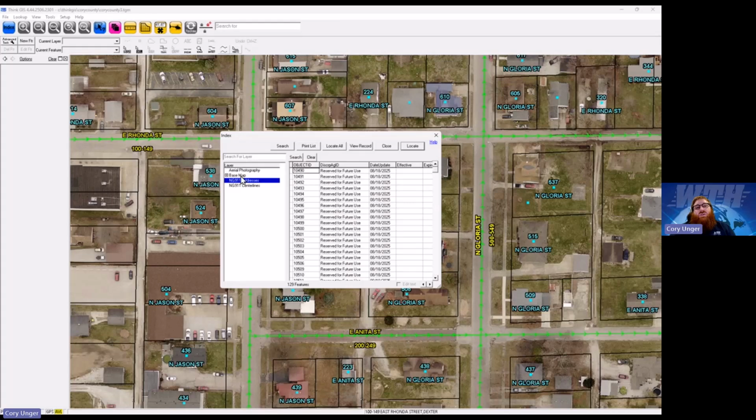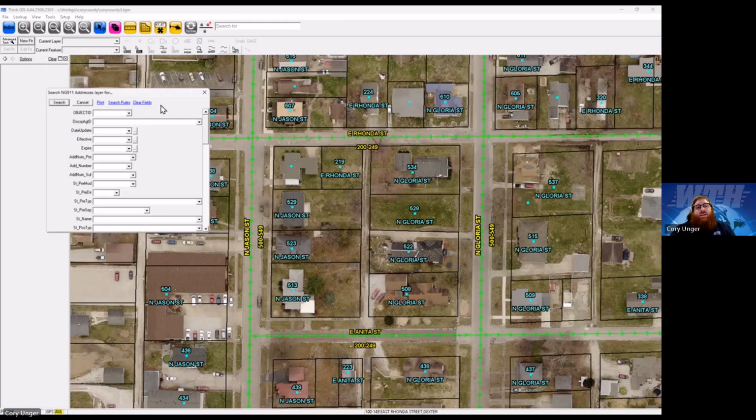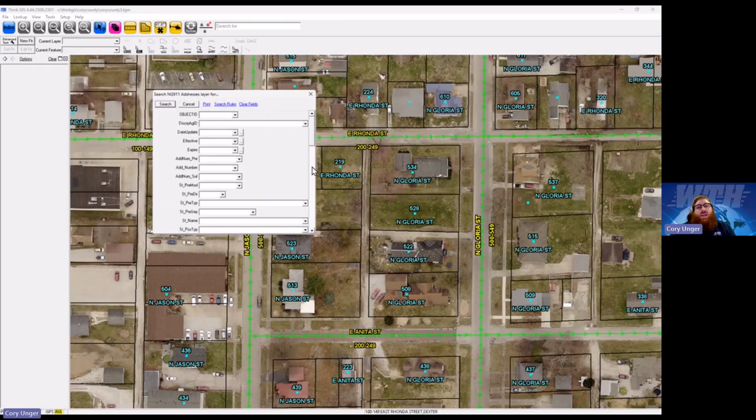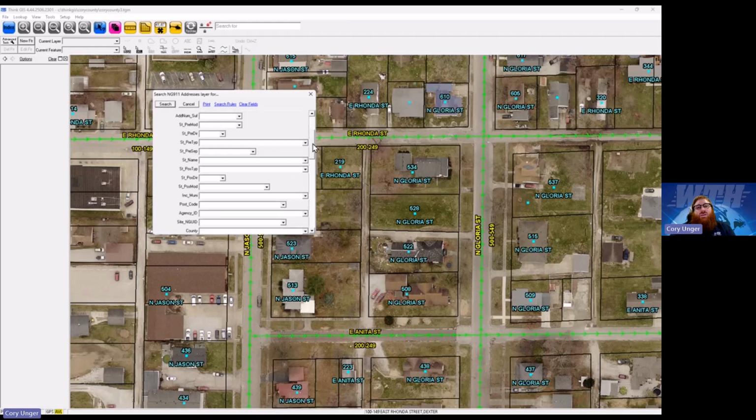So we're going to use our index, which is this blue button up here. We're going to choose our addresses and do search. And then what's really cool about the map, as you choose one of these drop downs here to search something, it's nice that it gives you all the distinct values. So it just shows each one of these ones. There's lots of different addresses for 150,